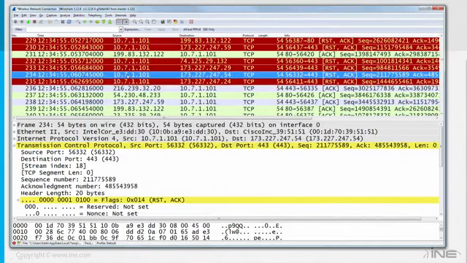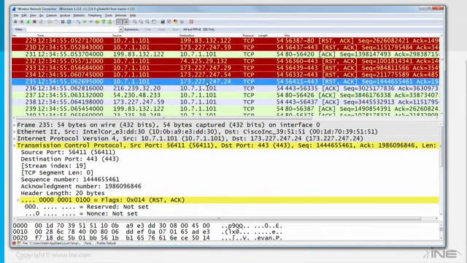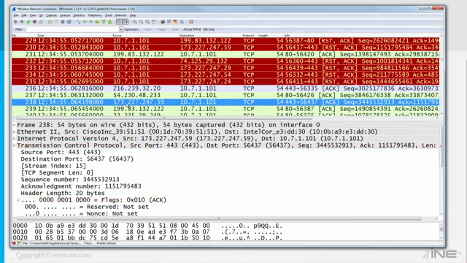So apparently I'm trying to reset here 4 different connections, which is kind of weird because I did not have 4 tabs open to Google on my browser. 247.59, 247.29, 54, and 24. Those are all 4 separate connections to Google. And then here is 59 sending a message back to me. So what's he doing? He's sending an acknowledgement